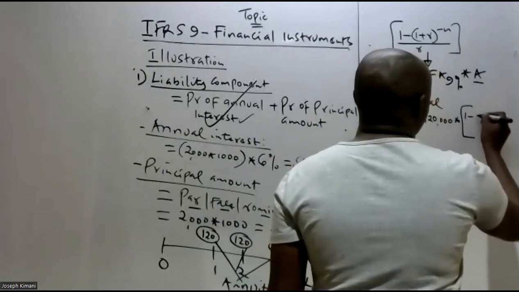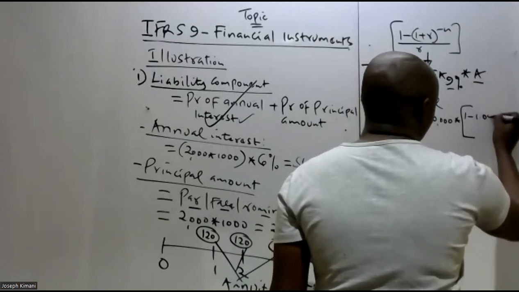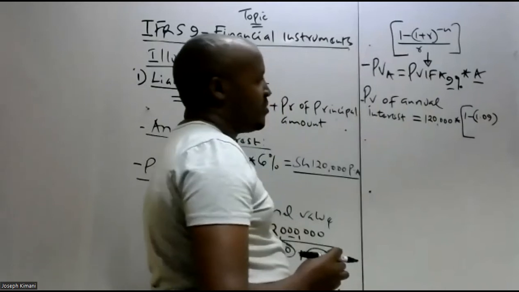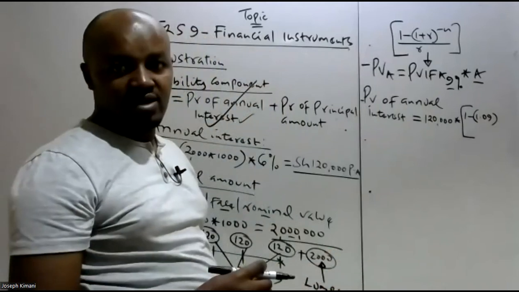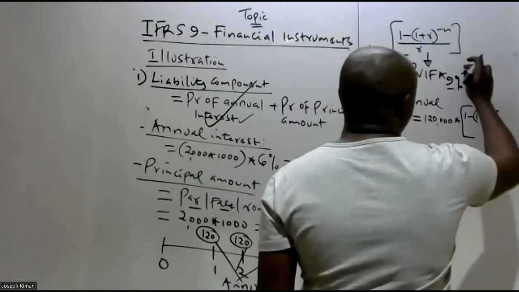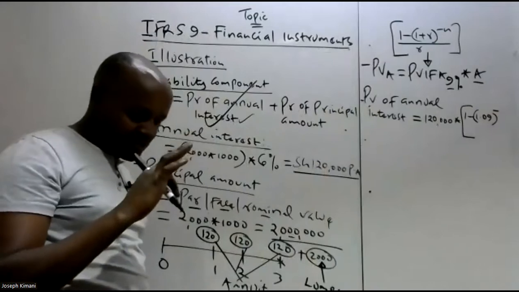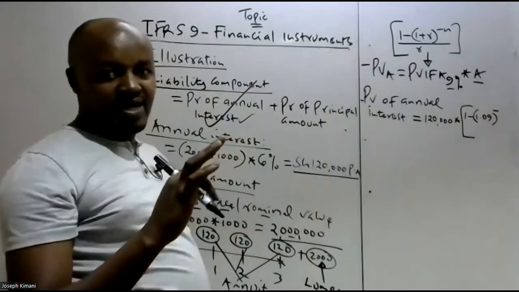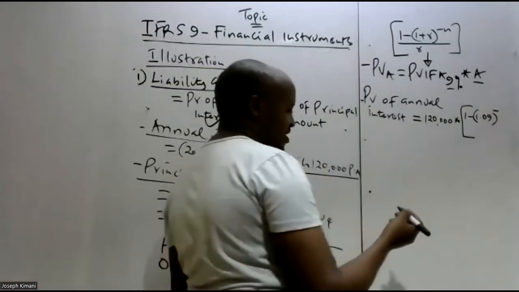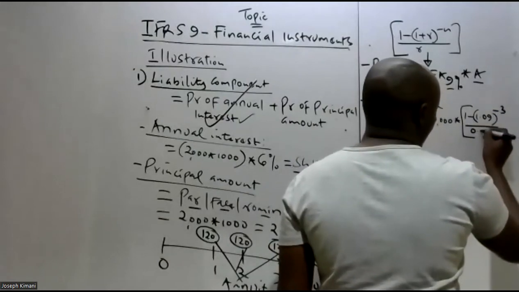So 1 minus (1 plus R) raised to the power of negative N, where R is 9%, so we're going to have 1.09, and then we raise that to N. N in our case is 3 years, because you're told these both have a term or life of 3 years. So our N is 3, and then we divide that by R, which is